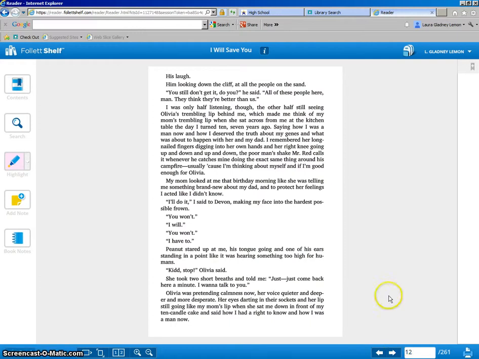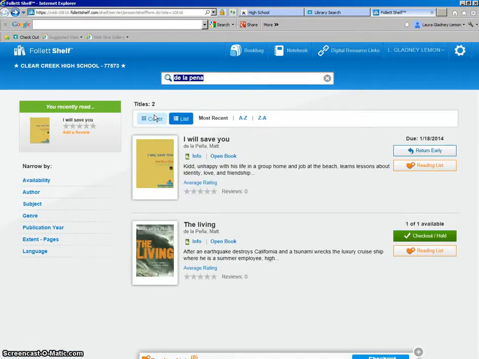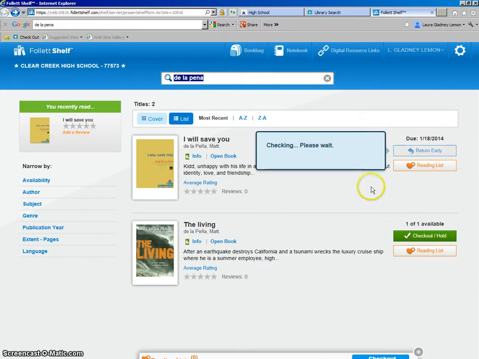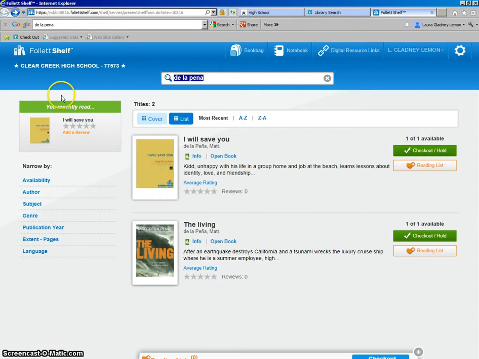But let's say, I'm going to go back to where I can return the book because I'm going to show you this really cool feature. Yeah, I'm going to return this book early so everyone can have access to it. It's not checked out to me anymore. But if you go up to your notebook,